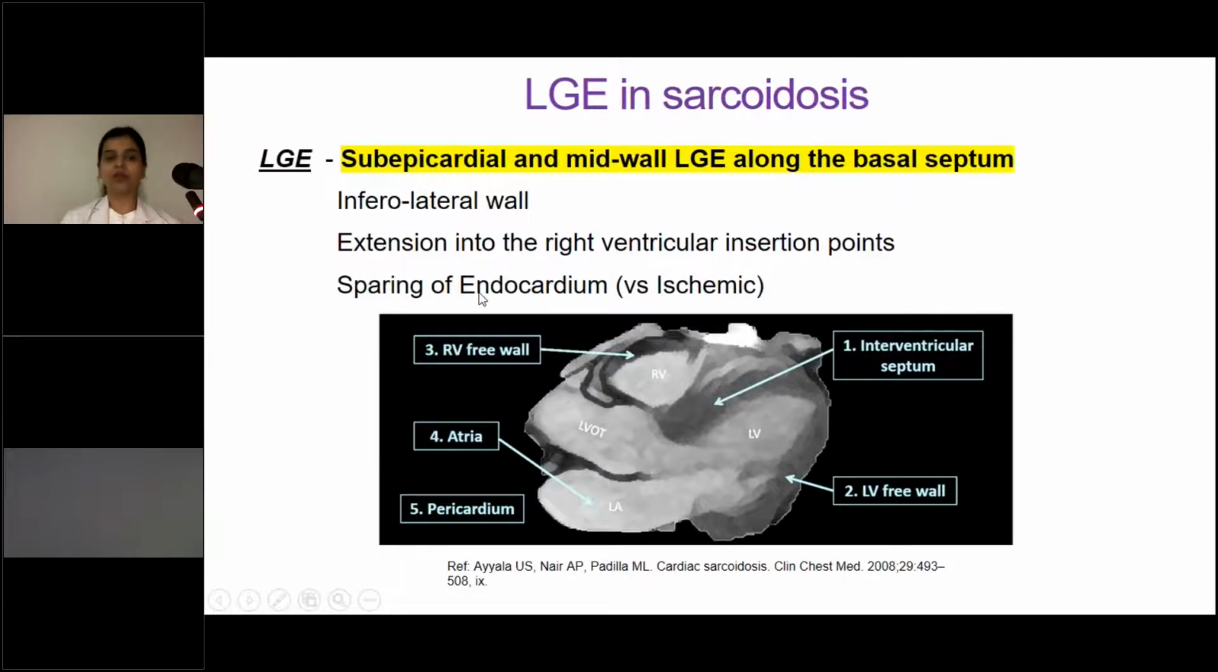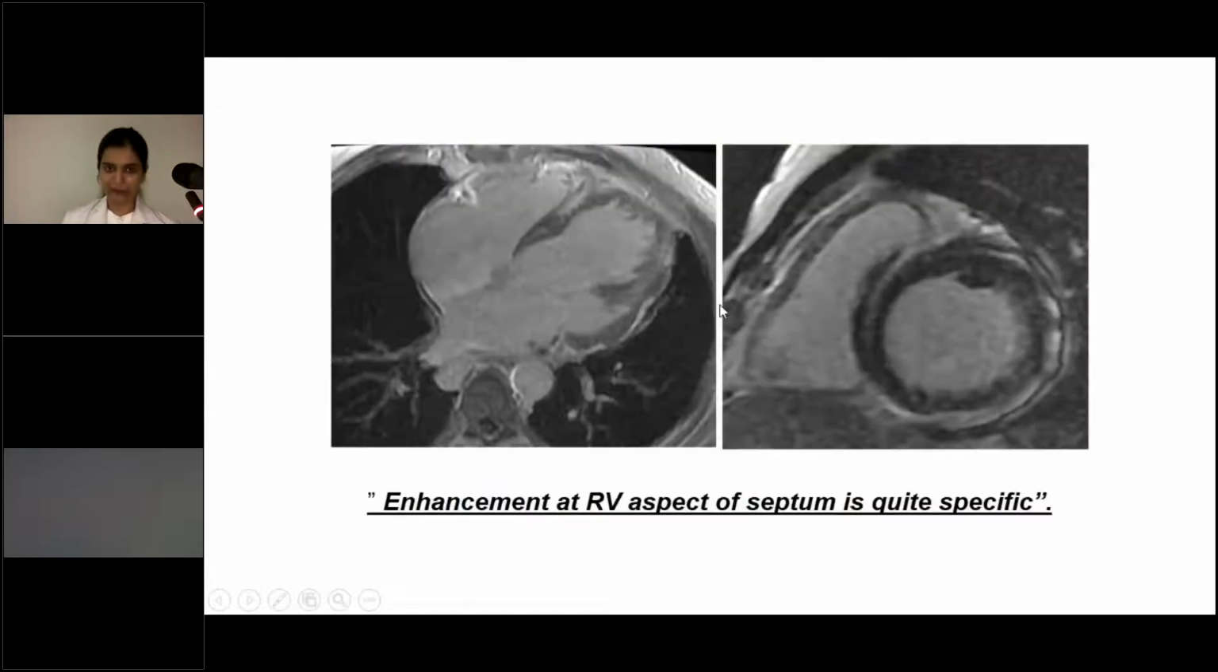Another important point to note is the sparing of the endocardium and involvement of the myocardium in a non-vascular distribution, which helps us differentiate it from ischemic cardiomyopathy. This is another case of extracardiac biopsy-proven sarcoidosis, and this is the cardiac MRI of the patient demonstrating late gadolinium